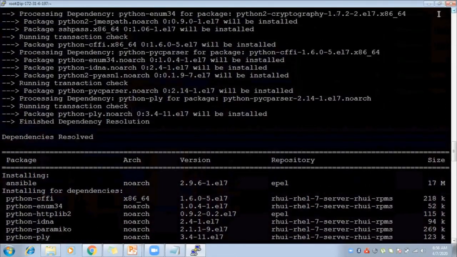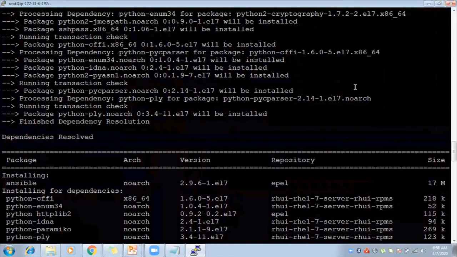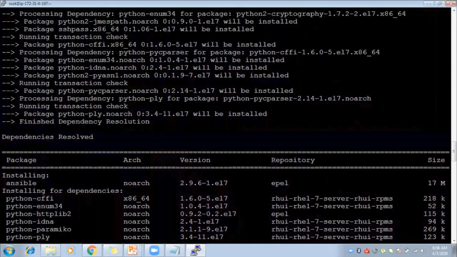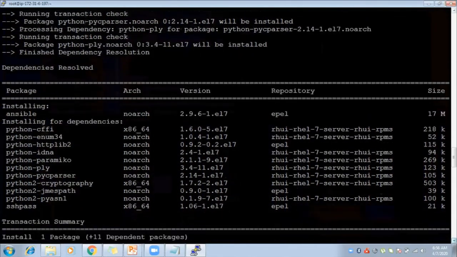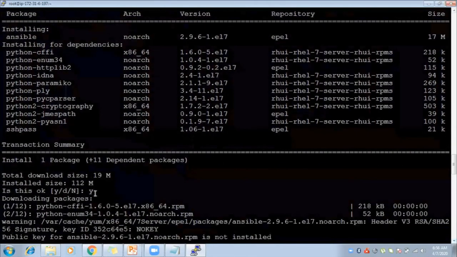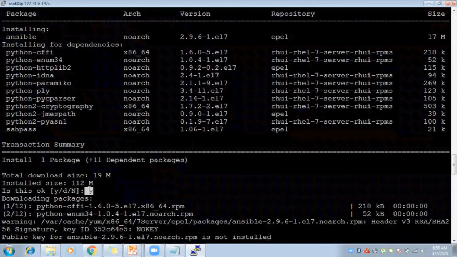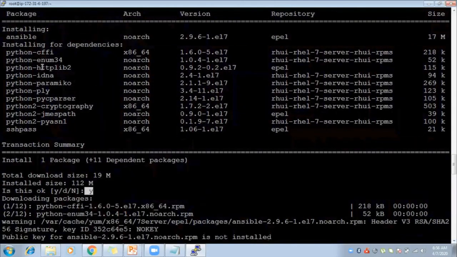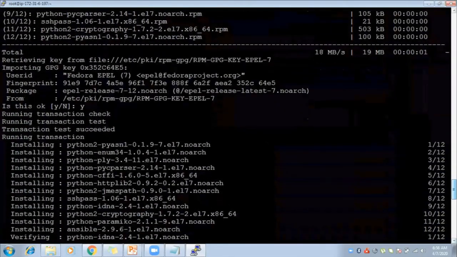But here you did not have to install it, since it is a dependency. Yes, I entered Y here. They are asking for confirmation to proceed with installing the dependency packages. I said yes, and then it continued.